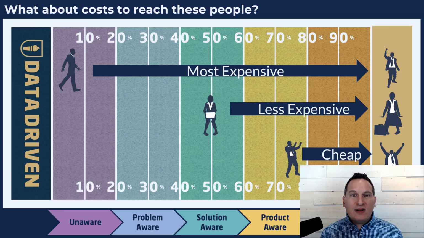And so when we look at these binary decisions, it's much cheaper than if we take a really difficult decision for somebody to make. It's much more expensive if we need to make somebody make more decisions, and that's what's going to happen when somebody's unaware. It's basically a logic tree where you can lose them at any point in time. They can say, I'm not ready for this thing, or it's not the right time for me. That happens a lot when somebody's unaware. It happens a lot less often when they're fully aware of what you do, and they're basically saying, am I going to buy from you or am I not?